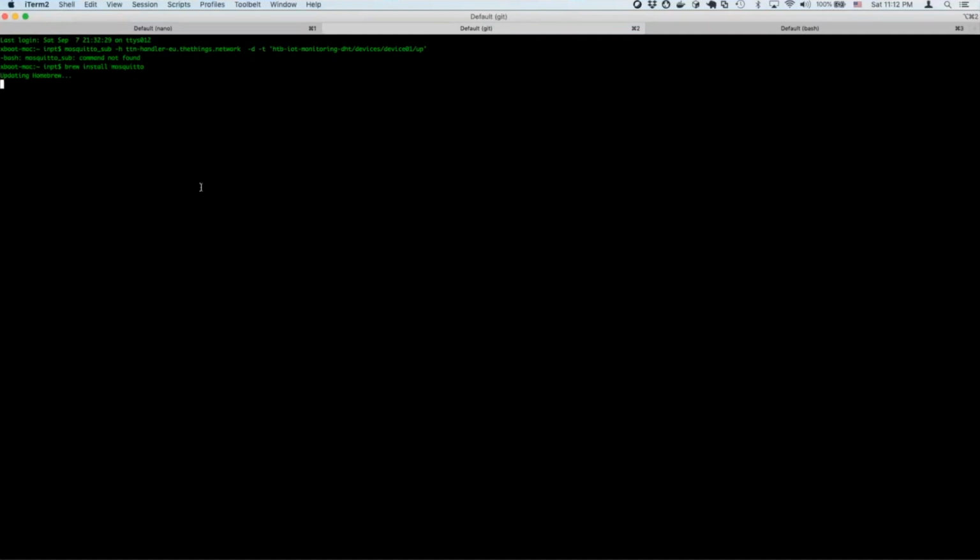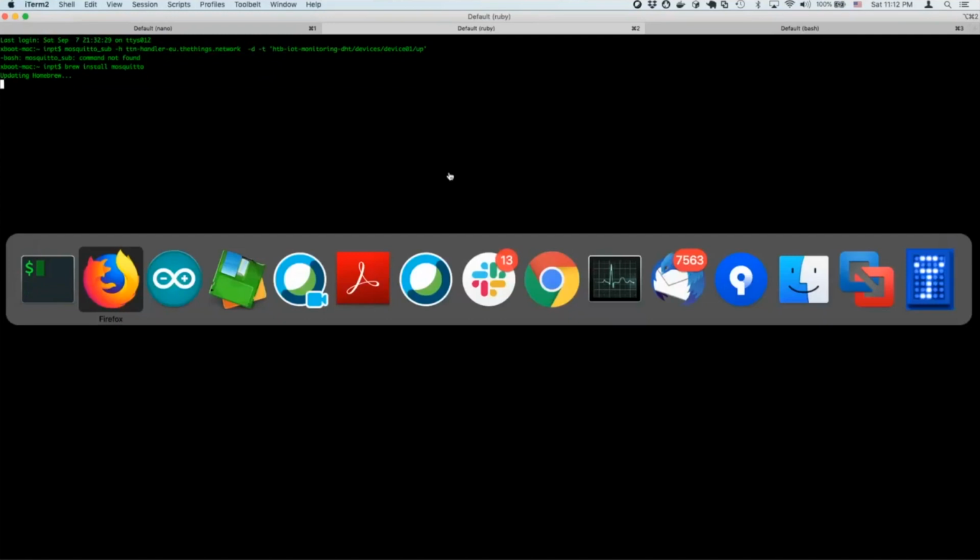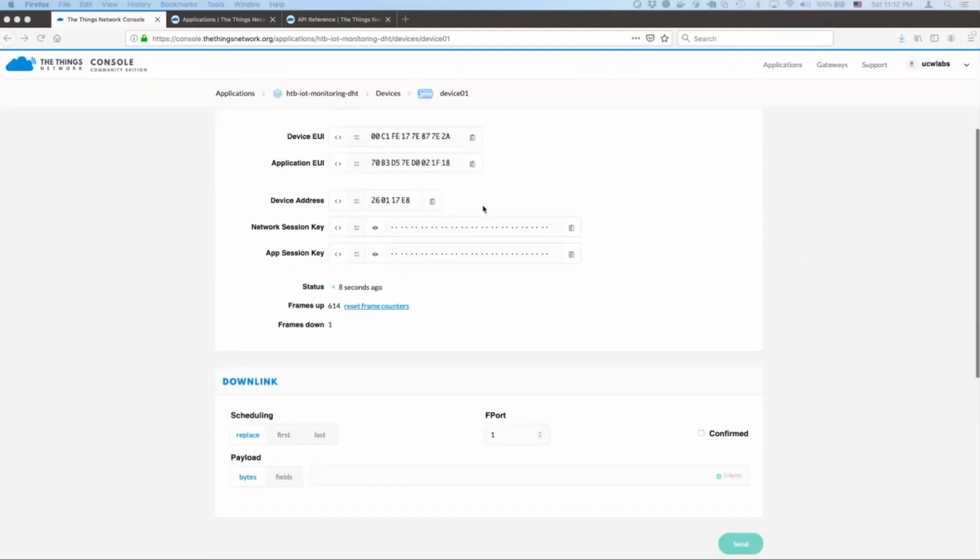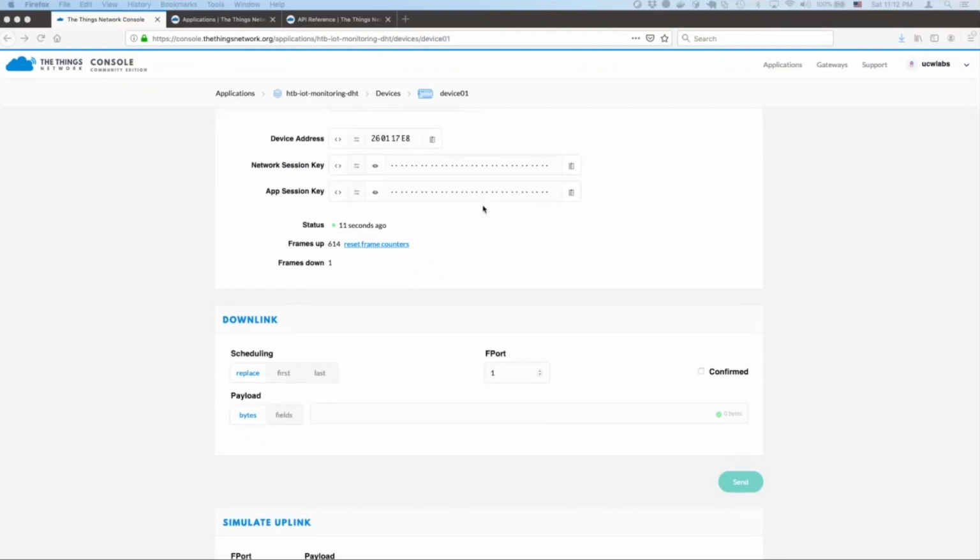For example, on Mac, you can install the Mosquitto client. On other platforms, you can use the pages for installation. There is also one thing: if you are connecting to MQTT as a server, you need to specify not only the host and topic to which you want to connect,